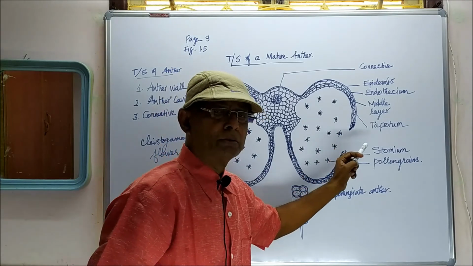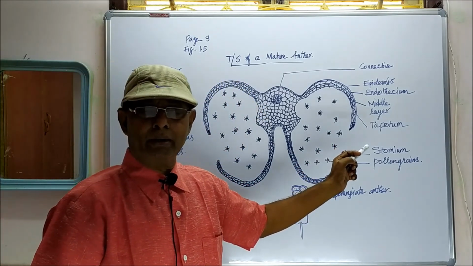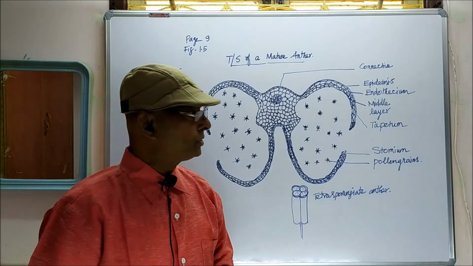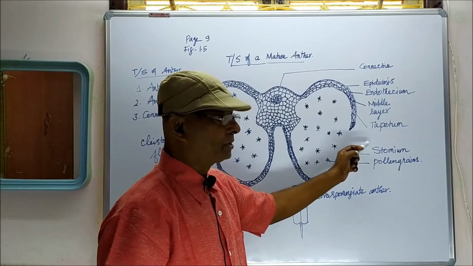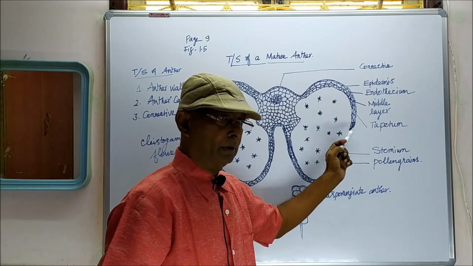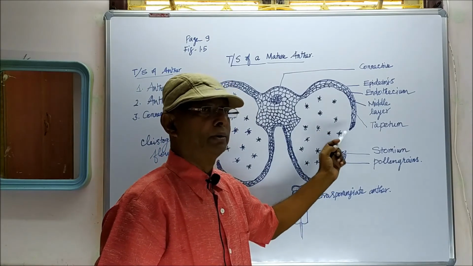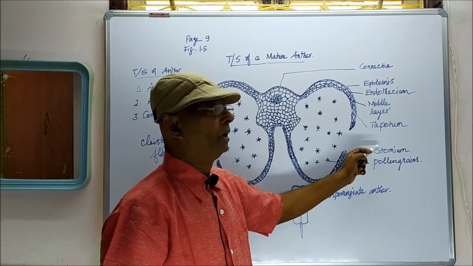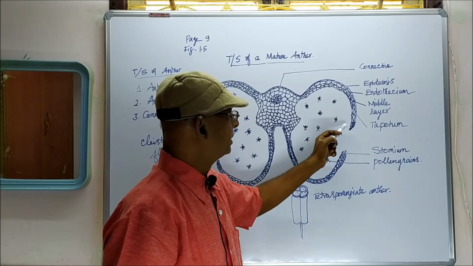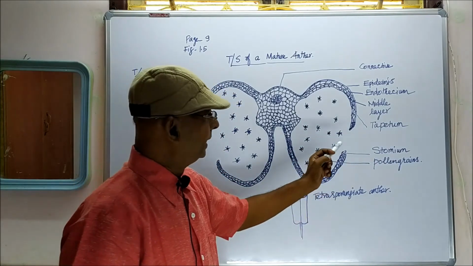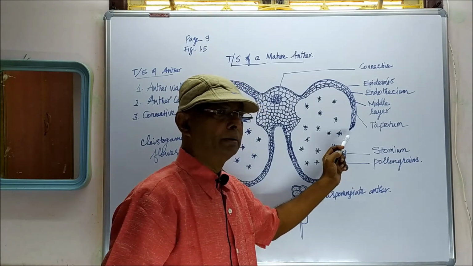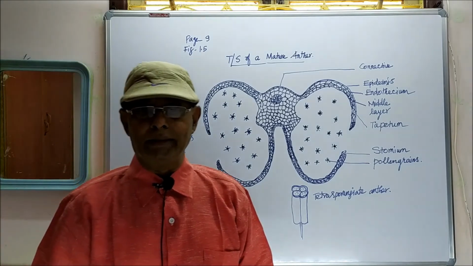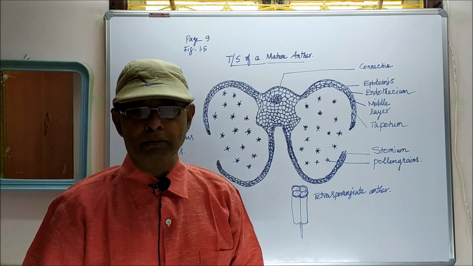In the stomium, the band of cellulosic material cannot be seen and lignification is absent. So the stomium cells are thin-walled cells without lignin and without the cellulosic band. Such cells are called stomium. The stomium can be seen at the junction between the two lobes of the anther. Only at the point of the stomium, the anther will rupture and liberate the pollen grains. So that is about the endothecium.